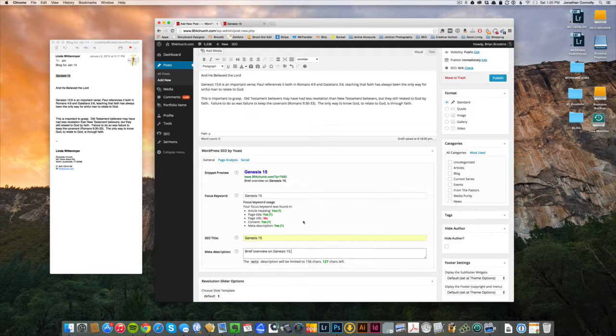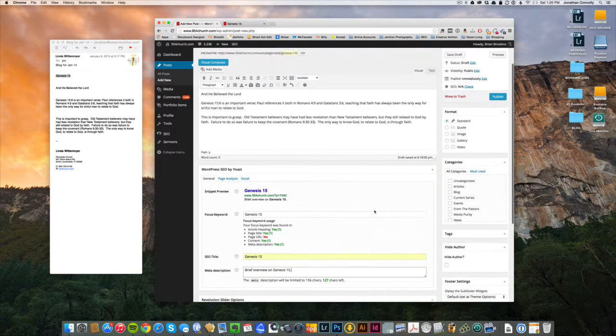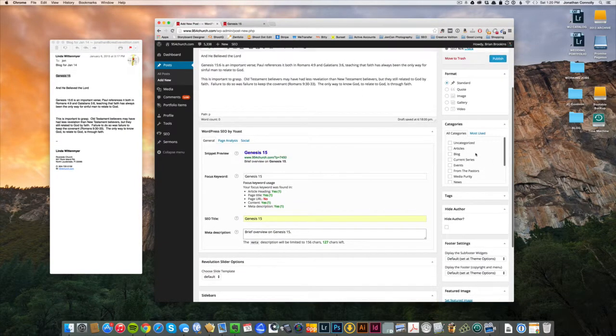There are other more creative and definitely more interesting ways to get better results from search engines, but this is so simple that I don't want to make it complex. From there, I've got my SEO all done. Now I just need to identify what category this blog post is going to go under. So for now, this one's going to be from the pastors,